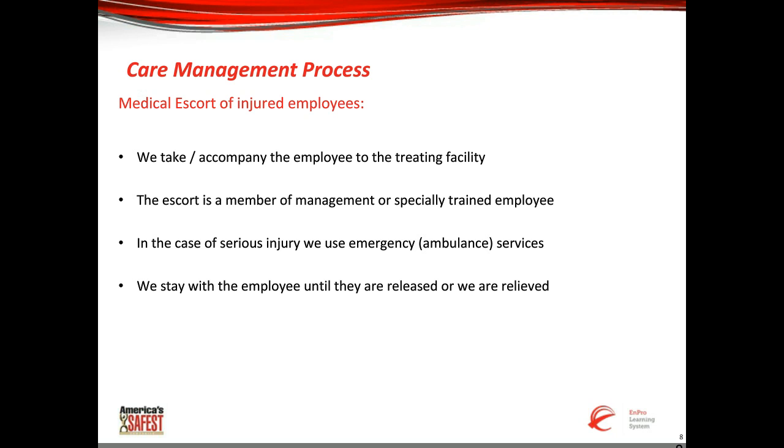We tend to have company vehicles at the site, and we suggest using those vehicles when we have a minor injury. Specifically those types of things like carpal tunnels, repetitive stresses, musculoskeletal disorders, things that are not likely to progress negatively while we're in transport. If there's a situation in which we have heavy bleeding or severe injury, compound fractures, or respiratory or cardiac-related issues, we're going to call in the emergency response services and make sure that we transport that individual in an ambulance so they can get treatment as they need on the way to the hospital, and we'll follow up behind them.